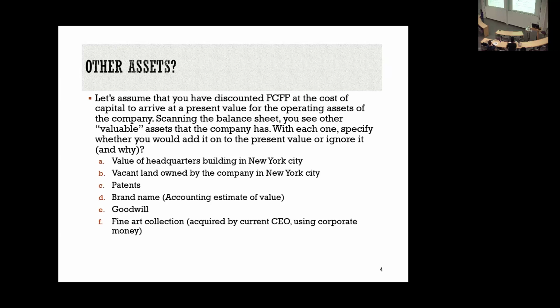So let's say valuing JP Morgan, right? 277 Park, 270 Park. I mean, you can go around the city. All those buildings, if you add them up, are collectively worth more than $1 billion. Would you add on the value of the headquarters building? Is it a valuable asset? Yeah. But who's sitting in those buildings? Traders and bankers. They generate the cash flows used to value the firm. Do you see where I'm going, right? When you value the cash flows, you can't value the things that generate those cash flows as well. So I'm not going to count the headquarters building because it's already in my cash flows.